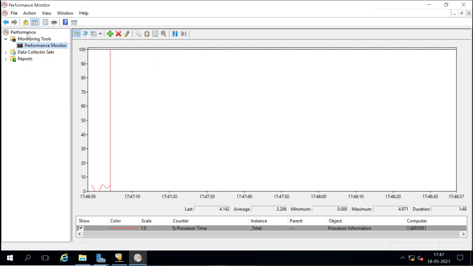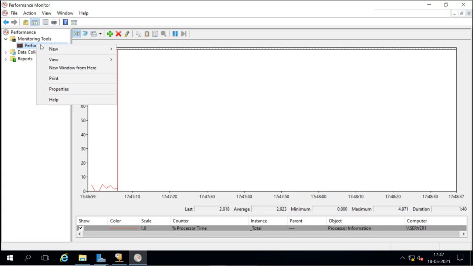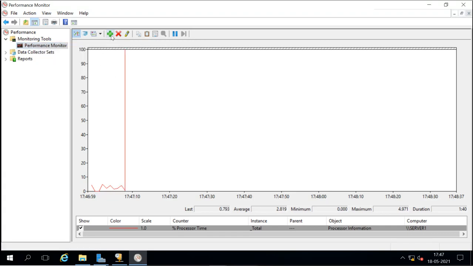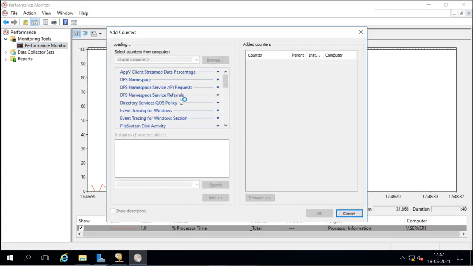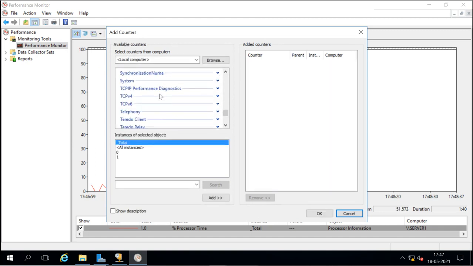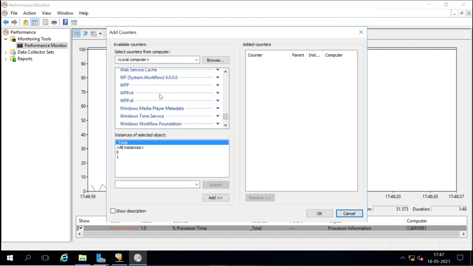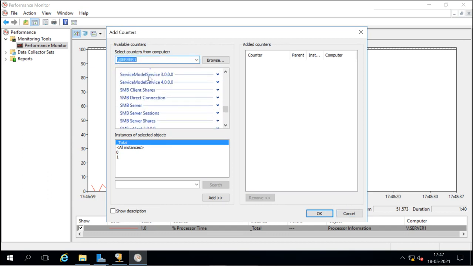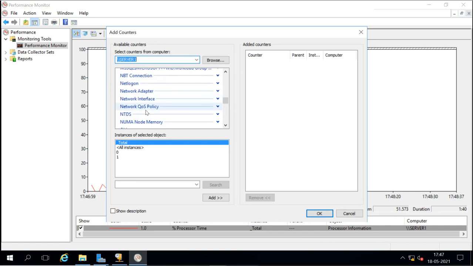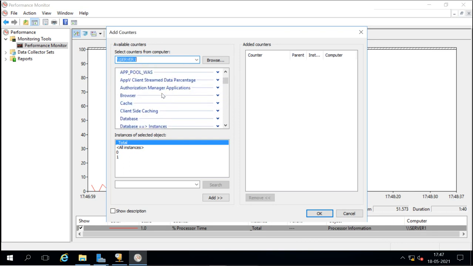You have to add the counters here for the process. For services and processes there are lots of options, so you can add these here, and it will show you the status of that.